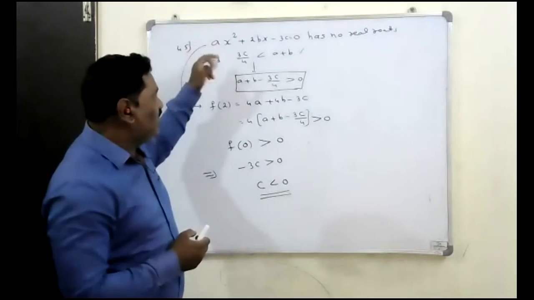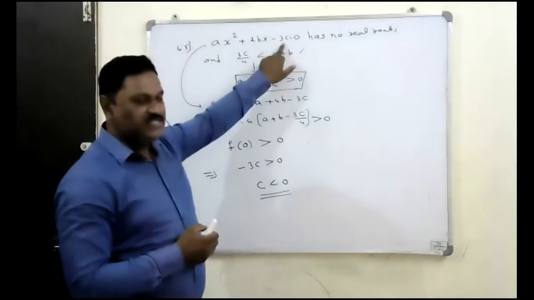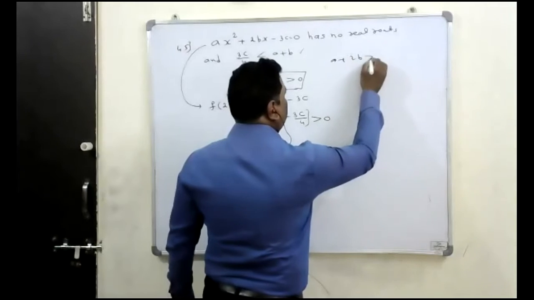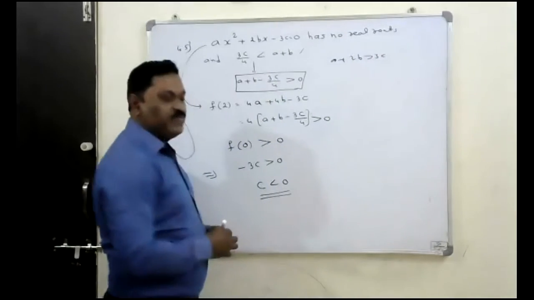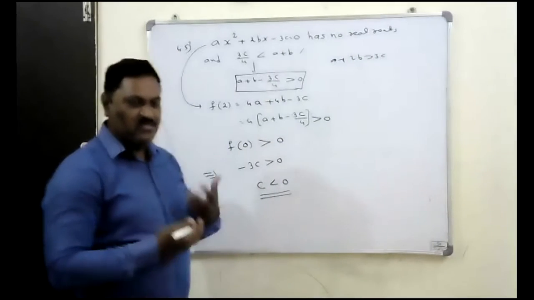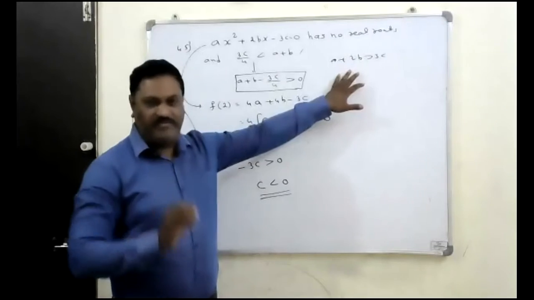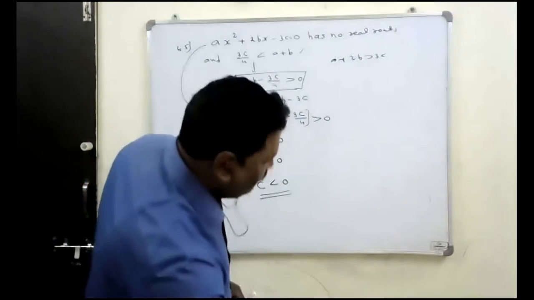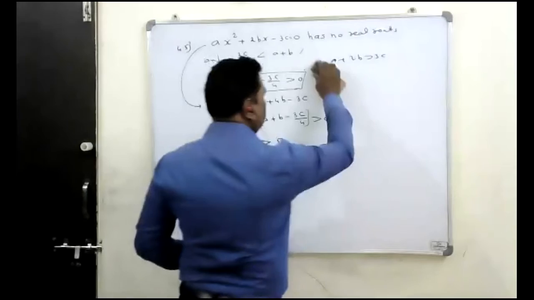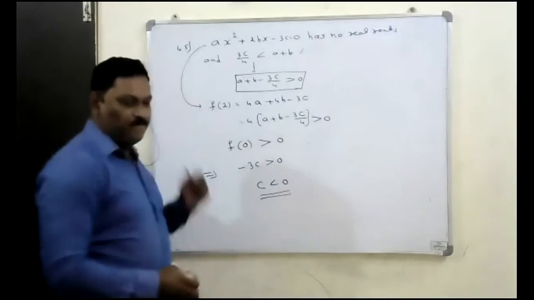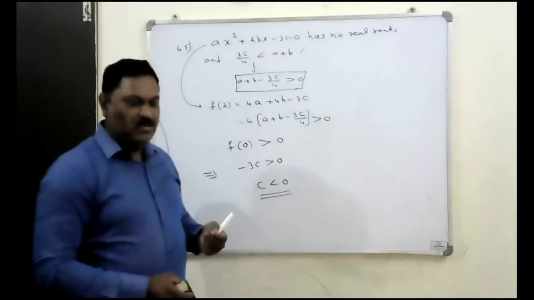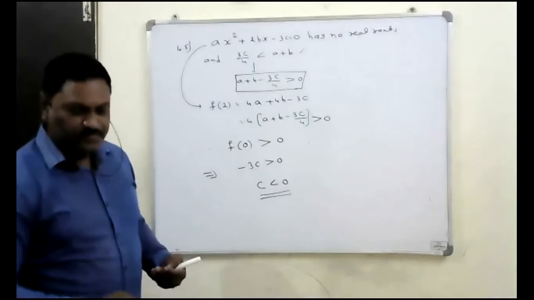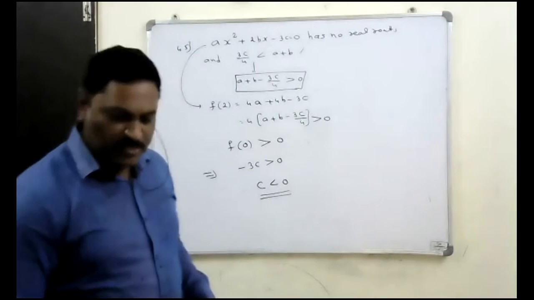Suppose if you substitute one there, we may get a plus 2b minus 3c. So they may give the condition like that: a plus 2b is less than 3c. They can give it that way. Meaning by substituting some value there, whatever we get, that condition only they will give. So the condition also should have some meaning. You can't derive the condition as you like. Whatever condition they have given, we can bring it by substituting some value of x. Such conditions only they will give.